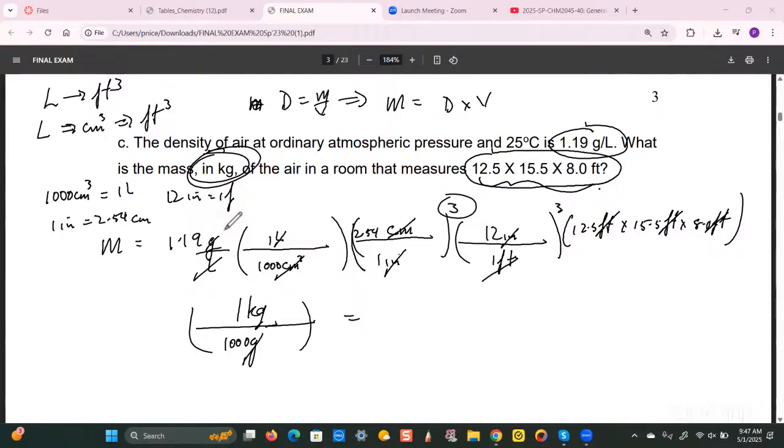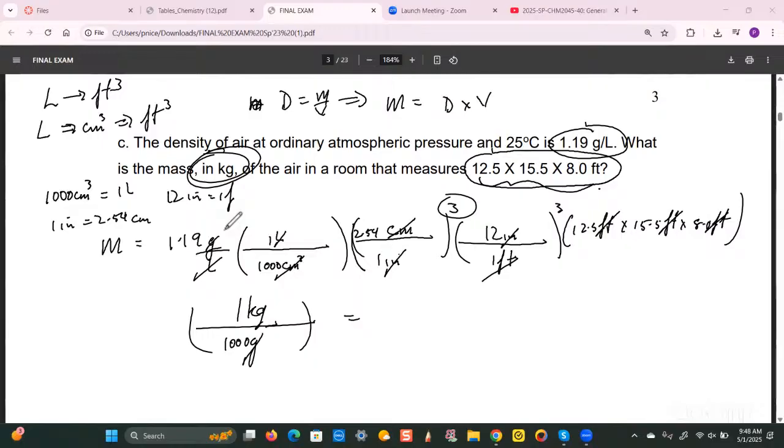1.19 divided by 1,000 times 2.54 cubed times 12 cubed times 12.5 times 15. Oh shoot, okay, I need to do this one. Sorry. 0.19 divided by 1,000 times 2.54 cubed times 12 cubed times 12.5 times 15.5 times 8,